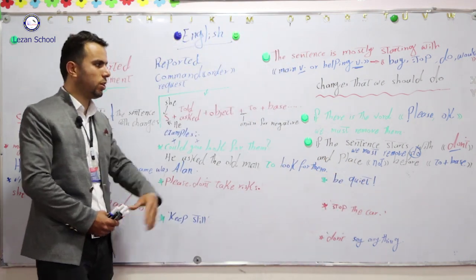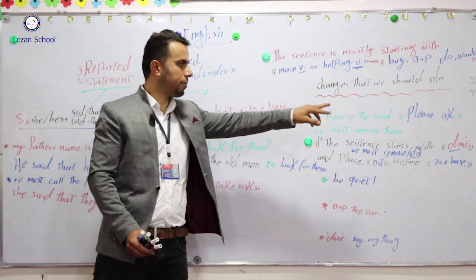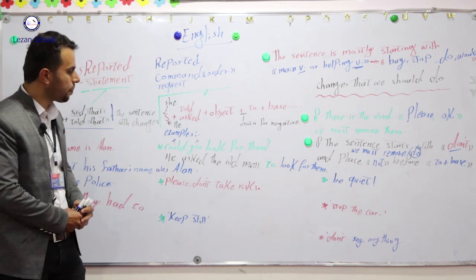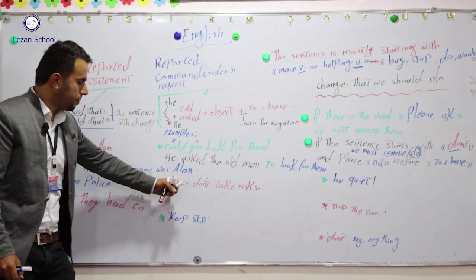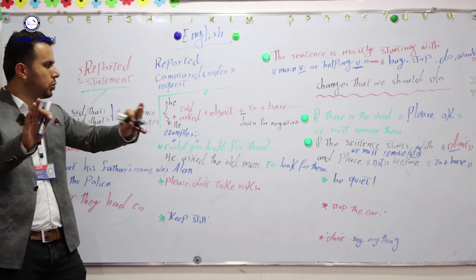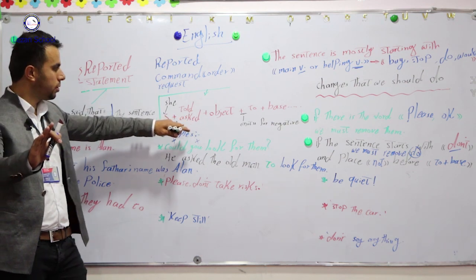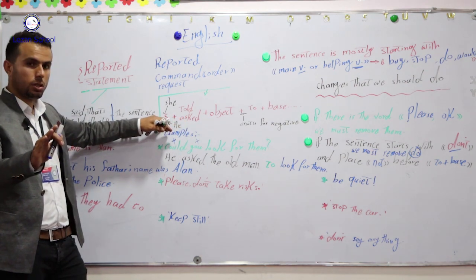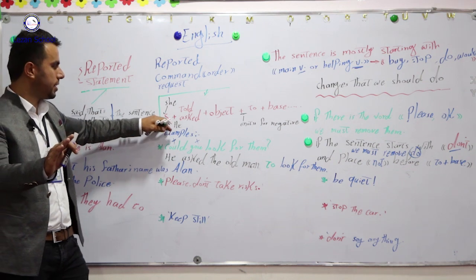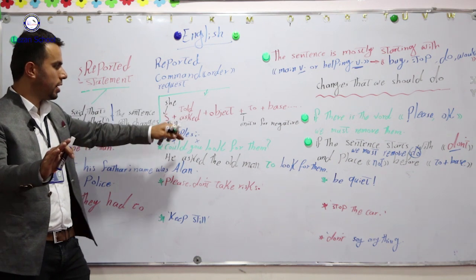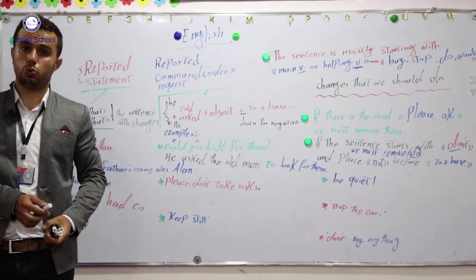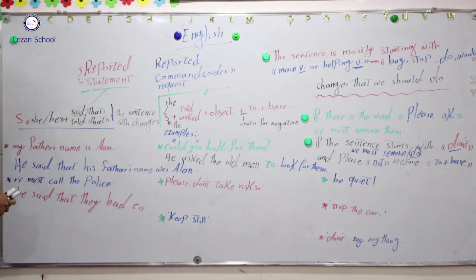But mostly there is only one, not both of them in one sentence. Please, first, what shall we do? We have the rule. We have to write down the subject and one of these according to the sentence, if it's a request or order,